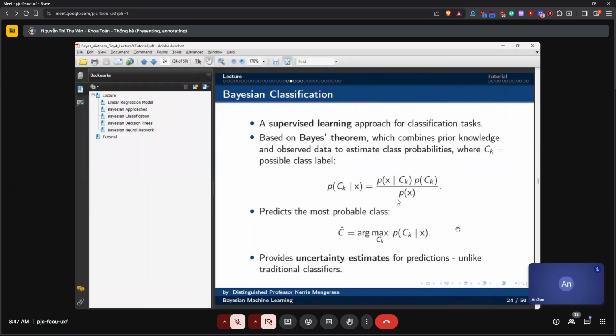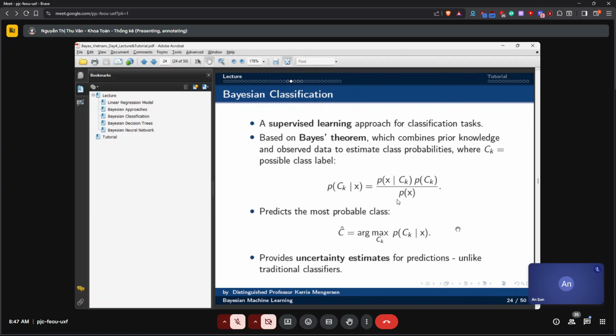The probability of a class given our data X is going to be the probability of the data given the class times the prior, and we get the most probable class, and we'll classify our observations into that most probable class. What we get from this is uncertainty estimates for our predictions.